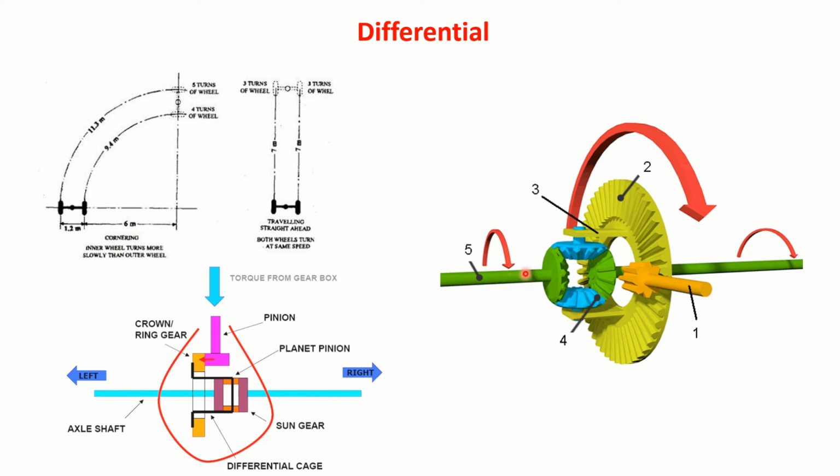Now we have the left axle and the right axle. You see here, as I said, the crown gear and the pinion which drives this final drive, right? Then this part you can call the differential. When the vehicle is running straight like this, this whole thing will act as a single unit. It will rotate along with this single unit, right?